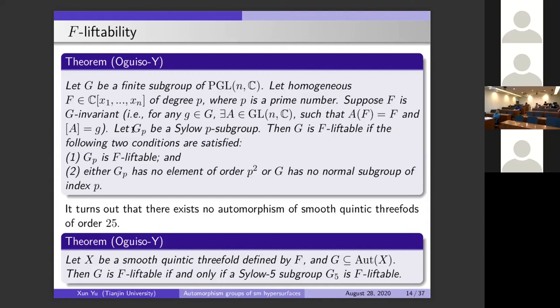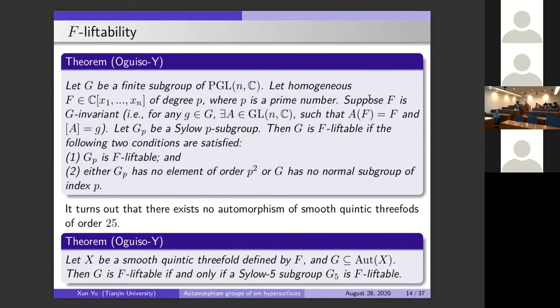And let G_p be just a Sylow p-subgroup of G. Then G is F-liftable if the following two conditions are satisfied. First one is G_p is F-liftable. And the second one is either G_p has an element of order p squared, or G has a normal subgroup of index p. In the quintic case, for example,